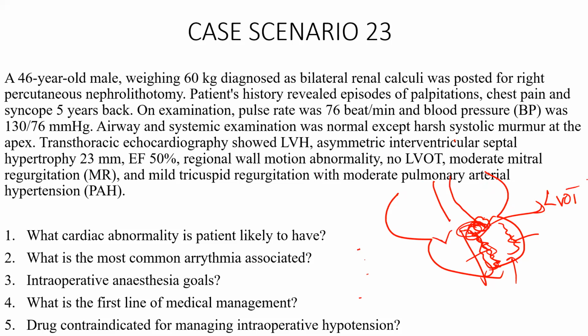The most important thing is that this left ventricular outflow tract obstruction is a dynamic obstruction. Which means when the heart is contracting very fast, or when there is a tachycardia, what happens? This outflow tract obstruction becomes more severe. That is based upon Bernoulli's principle. When there is a rapid contraction, velocity is going to get more. When the velocity gets more, what happens to the pressure here? There is going to be a drop in the pressure. When there is a drop in the pressure, that will bring the anterior mitral leaflet and the asymmetrical septal hypertrophy closer, so that will again result in left ventricular outflow tract obstruction.